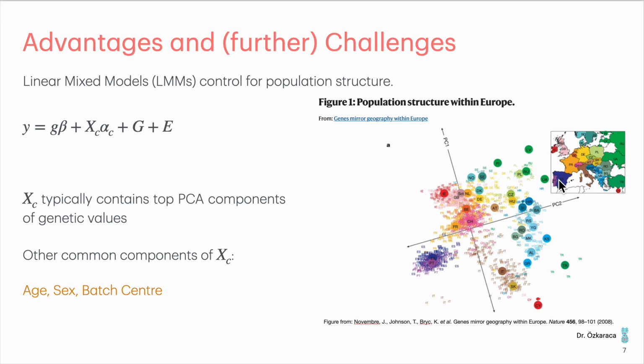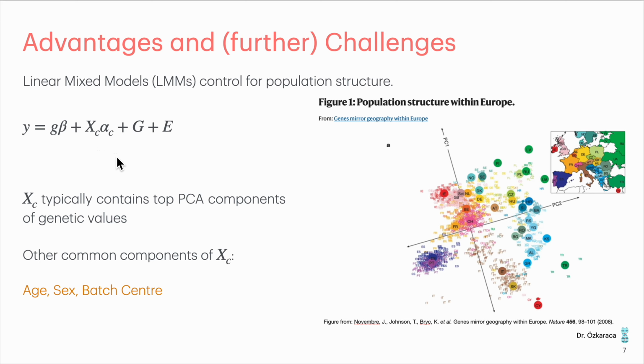So if you look into this map carefully, you will see that it really resembles the geography of the Europe map. And by adding the top PCA components, this would allow us to control for the population structure. So if I add the top 10 or top 20 PCA components, that would definitely correct for the population structure. Indeed, it is guaranteed by this paper that the top components contain the population information, and by adding these here, we are allowing them to have separate means in those different populations,